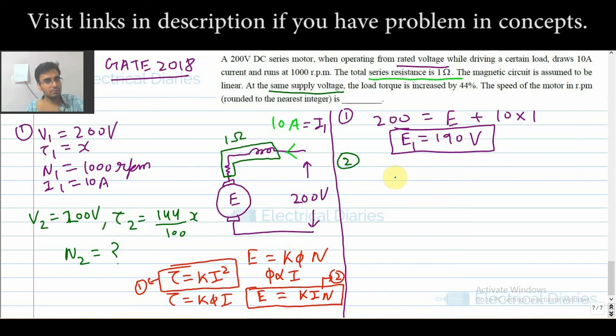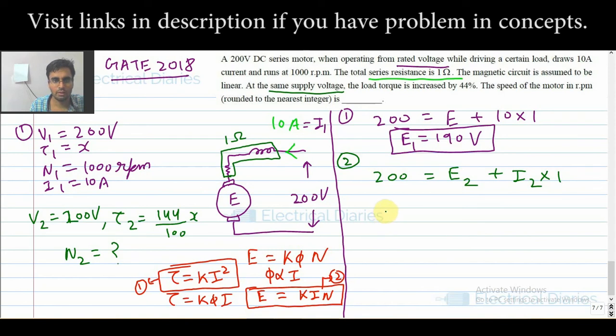I hope you are getting how I am approaching the question. You just write down the questions and then you can easily move. Writing down is essential, so please just keep your pen moving. For the second case I will apply the KVL again. The supply voltage is 200 volts only. This time I am finding E2 plus I2 into R series. I don't know I2, and R series is 1 ohm. So I have to find I2 also. Let me use this equation to find I2.